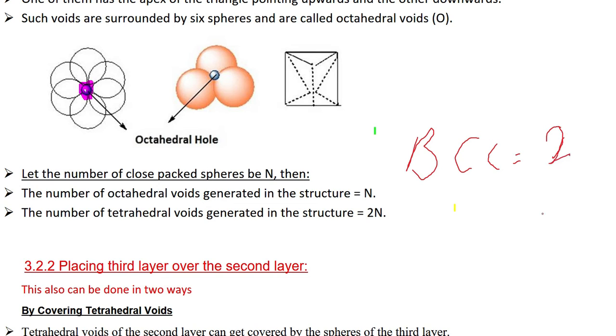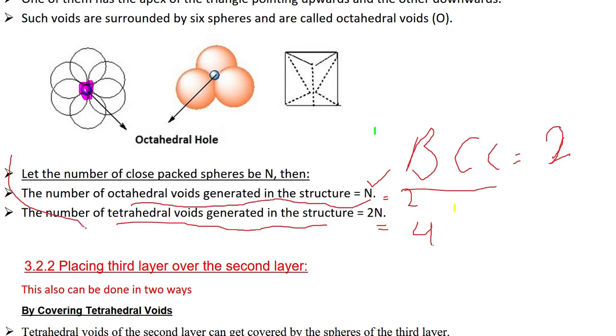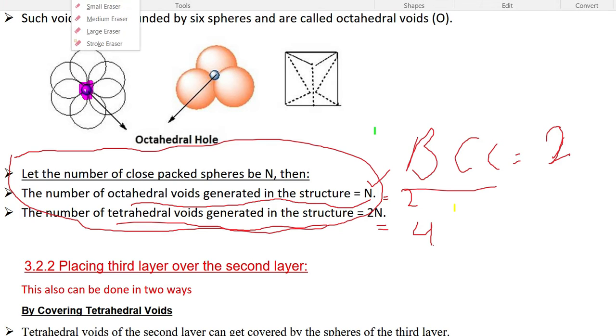So in case of BCC, if the number of spheres is 2, then the number of octahedral voids generated in a unit cell will also be 2, and the number of tetrahedral voids will be 2 times 2, equal to 4. Please remember this one. This is very important for solving numericals.